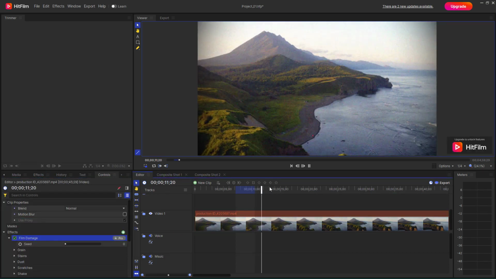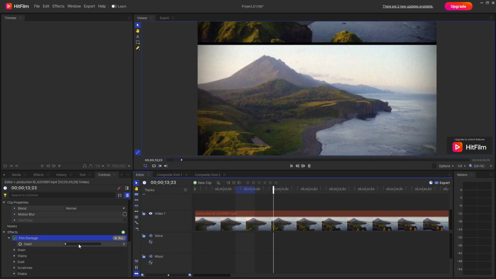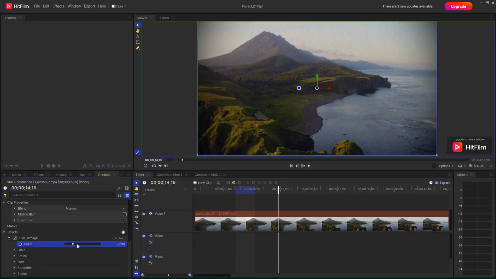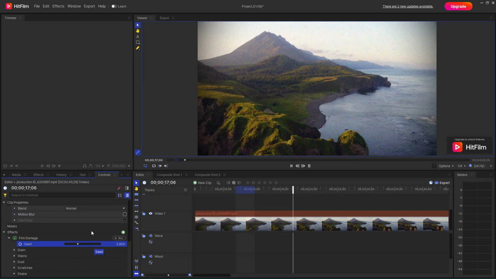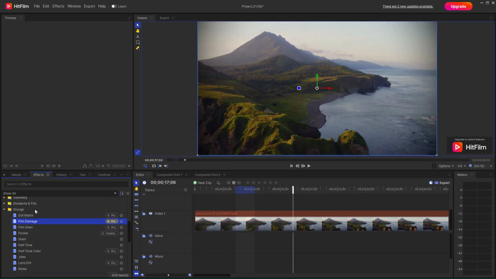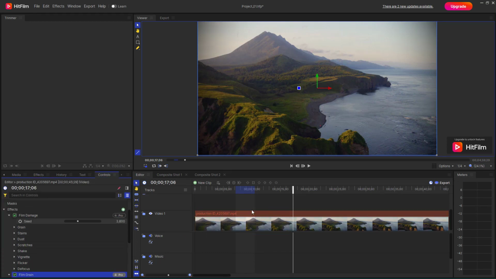So you've got the film damage right here, just like this. It looks like an old film. You can add in seed to it, and it becomes even more old, just like this. Similarly, you can add in, for example, film grain right here, and what happens